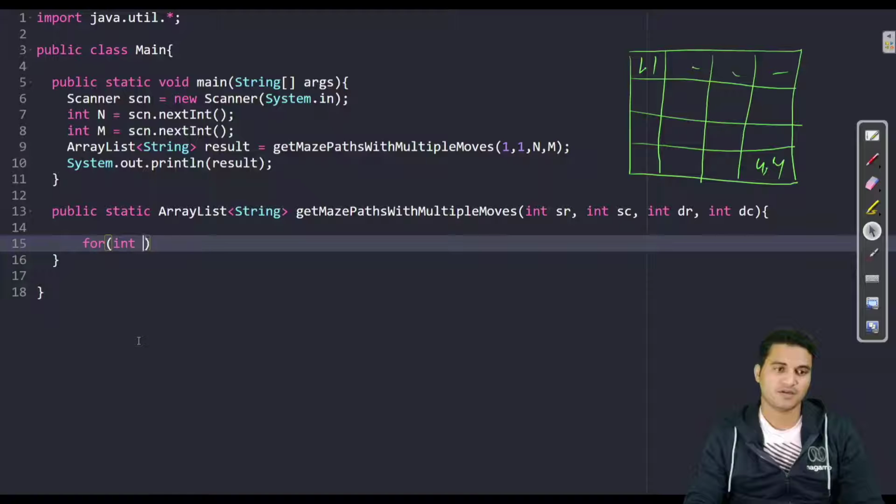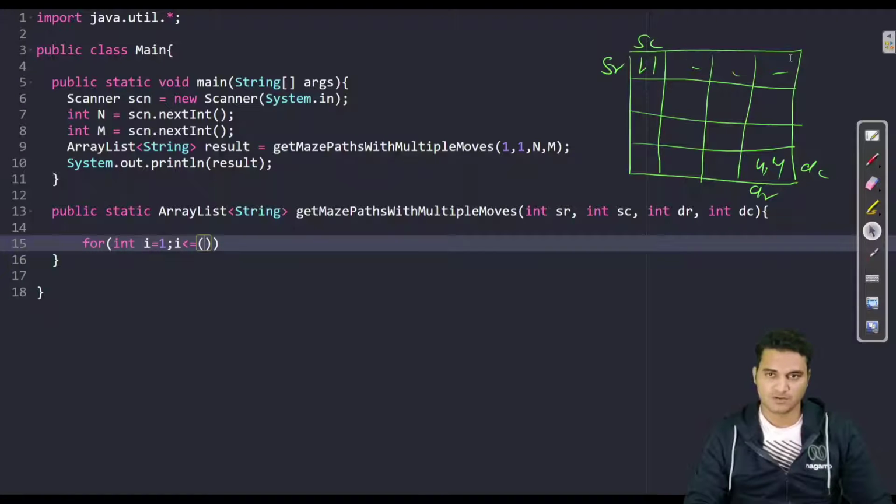Int i is equal to 1, i less than or equal to how many jumps I can do, how many lengths I can jump. This is source row, this is source column, and this is destination row, this is destination column.